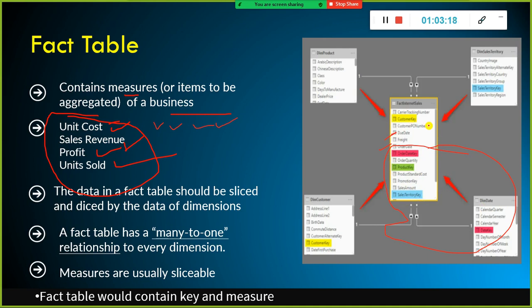If I want to view the data in different dimensions, for example, sales by customer, or sales by customer by region, or sales by customer by region by quarter. If you want to view the data in any dimension, that is called slicing and dicing.